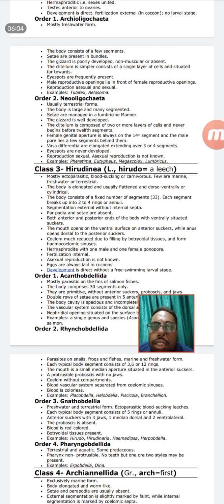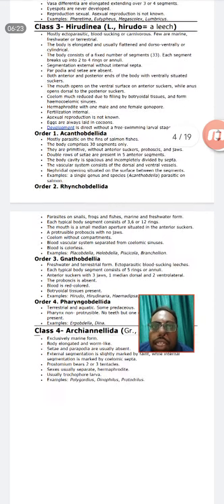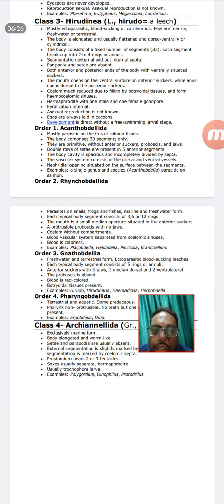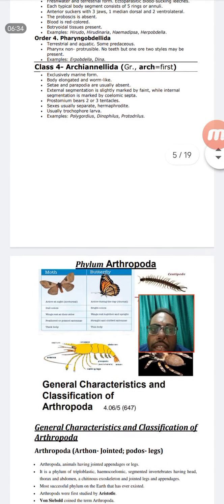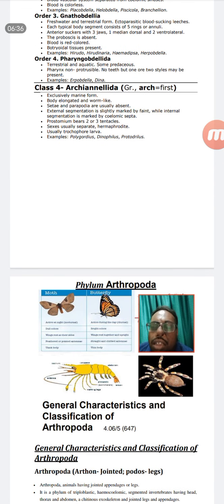In development, a free living larva will be formed, and Hirudinaria is nowadays used for leech therapy. If you have unclean blood, they will attach a leech to your body, and the leech will suck the blood, and your blood will be pure. This therapy is running in China, not much in India, but nowadays it has started to come to India also. Other things you don't need to study, but just go through that for the sake of the examination. They will not ask many questions, but especially in MCQs you will get some questions from that.